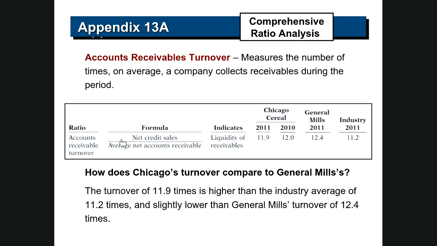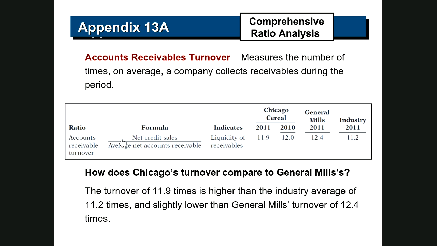When you have the credit sales for General Mills, which is above industry average. So over here we have the ratio of the previous year and this year. Maybe we collected a large amount for the previous year, of course, but we could not collect perhaps a large amount for the current year. So this 12.4,